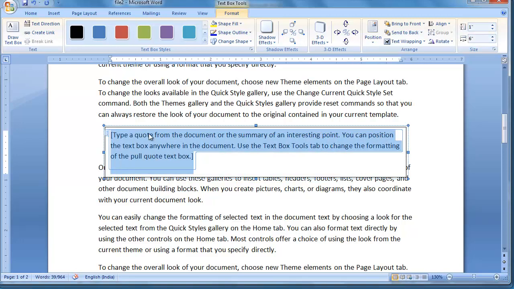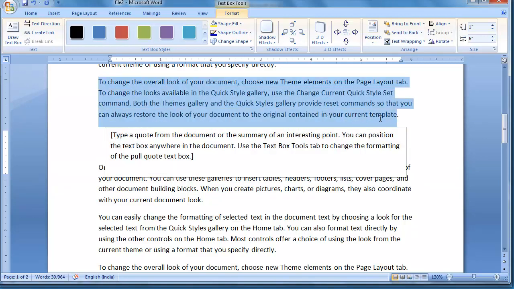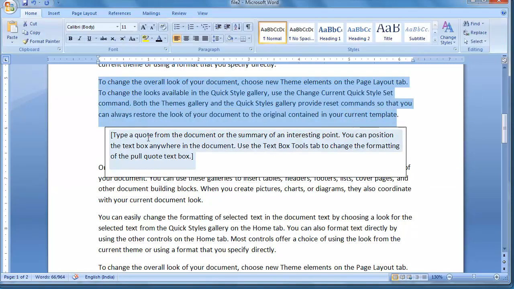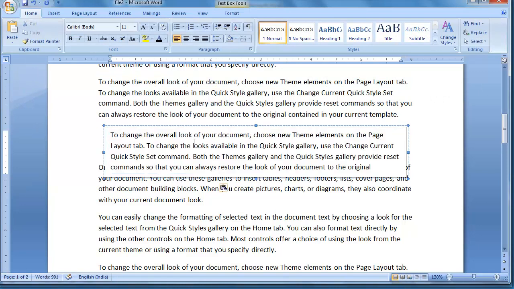Now type whichever information we want. For the timing, I am copying this text and pasting here. Now the paragraph text is hidden behind this text box. Now click here, now click enter.